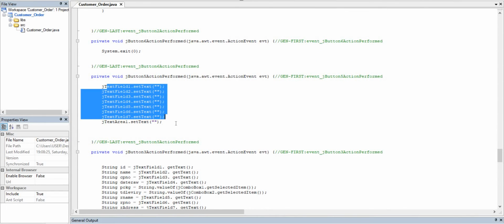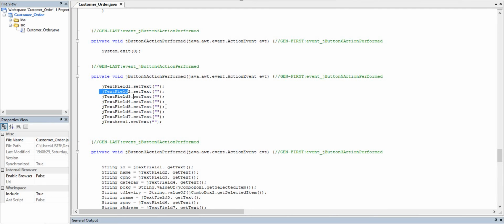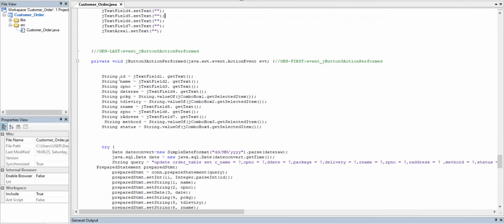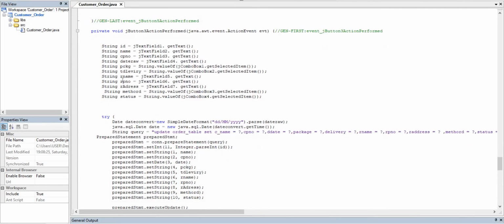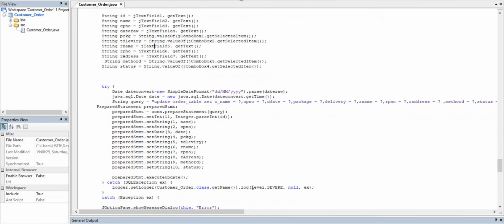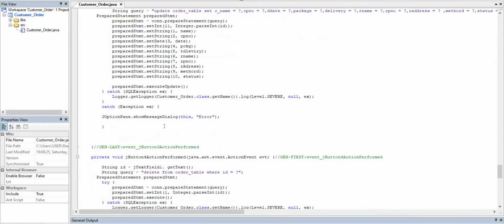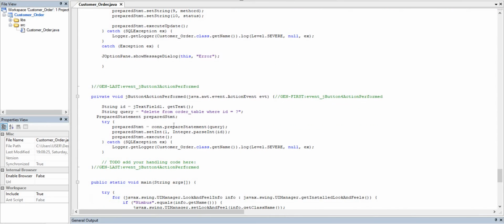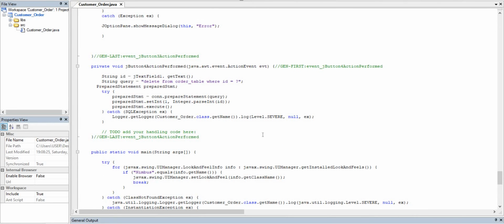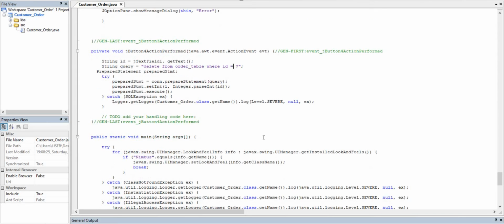This one is to reset all the text fields. Then this one is for the update function. So we put here all the text fields which we want to update. Later when we fill in the things, it will update the information with the updated one. So this one is delete from the table. You just put the ID name, and it will delete.